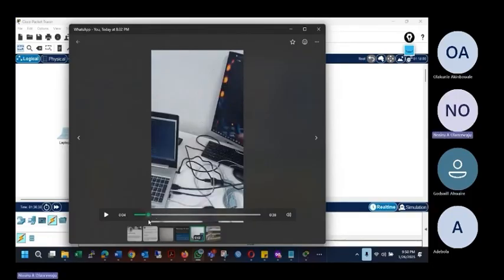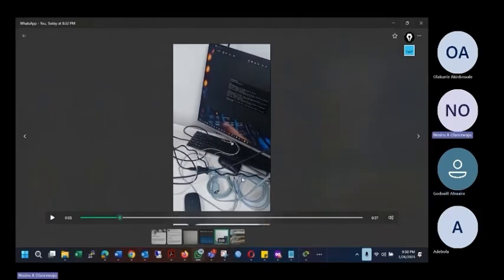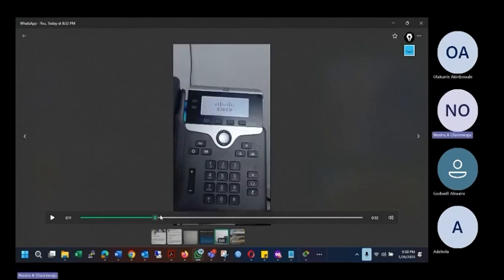So this is my console cable. Have you seen a console cable before? Look at it, this sky blue color cable. It usually comes in the carton of a Cisco switch. It comes with some switches, it doesn't come with some, depending on the model of the switch. Usually it comes with it. So I was using it to set up